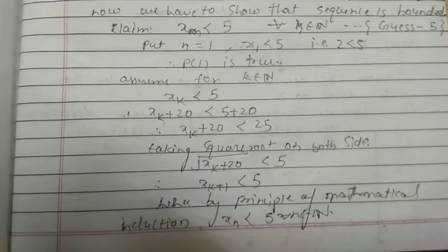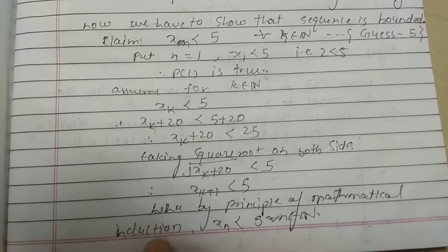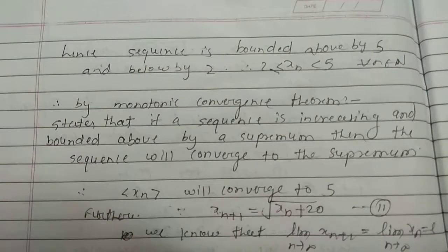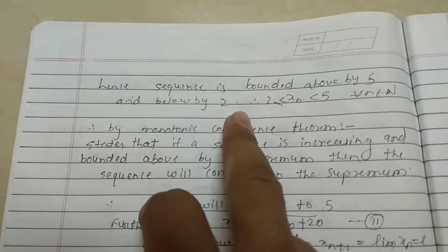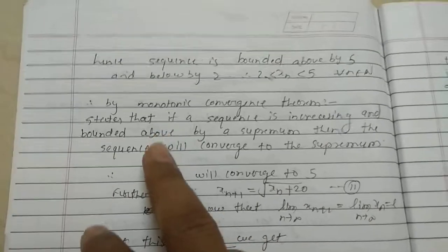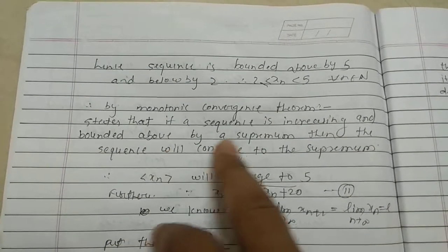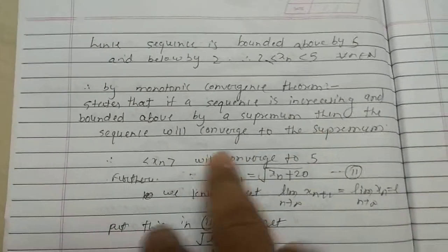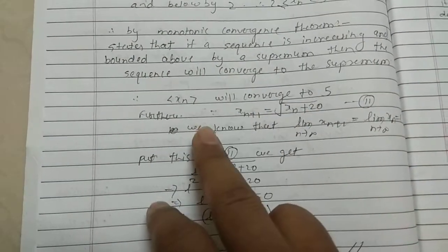So in this way we have just proved that x_n is less than 5 for every n belonging to natural numbers. Okay, so hence the sequence is bounded above by 5 and below by 2, so x_n is less than 5 and greater than 2 for every n belonging to natural numbers. So what is the monotonic convergence theorem? It states that if a sequence is increasing and bounded above by a supremum, then the sequence will converge to the supremum. Okay, so that's why the sequence x_n will converge to 5, and furthermore we have to find out the